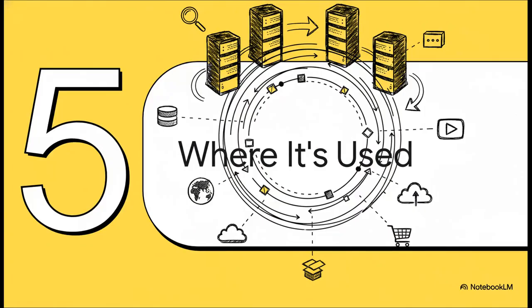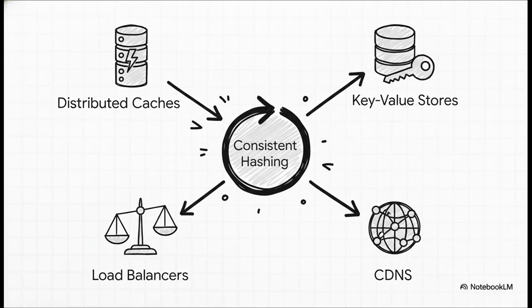And I just want to be clear, this isn't some abstract academic idea. Consistent hashing is the invisible engine behind some of the biggest services you probably use every single day. I mean, it is literally everywhere. Big distributed caches, like Memcached, use it to split up data across machines. The famous Amazon Dynamo paper that basically laid the blueprint for a lot of NoSQL databases was all about consistent hashing. Even the load balancers and content delivery networks that send you videos and web pages use it to figure out which server to send your request to, and to do it reliably.